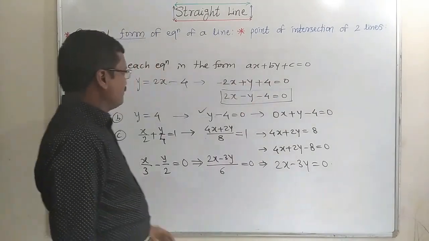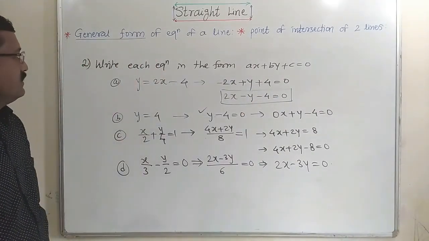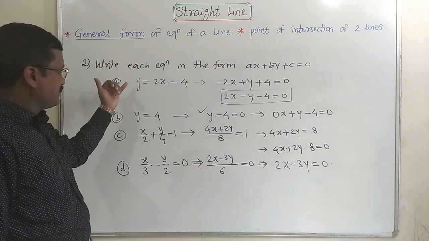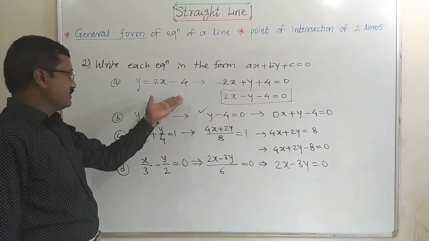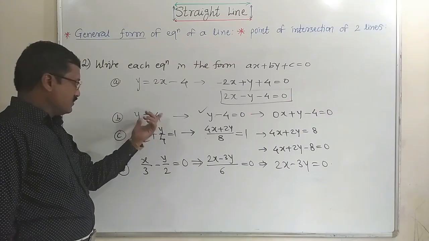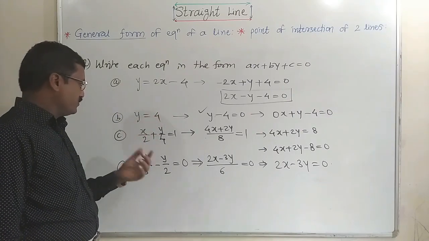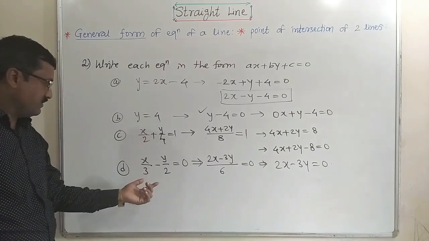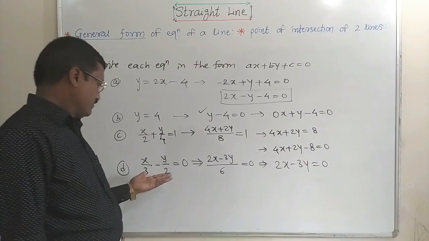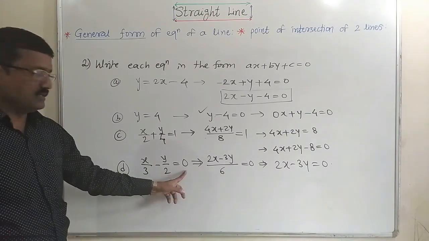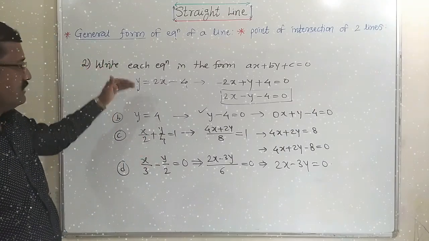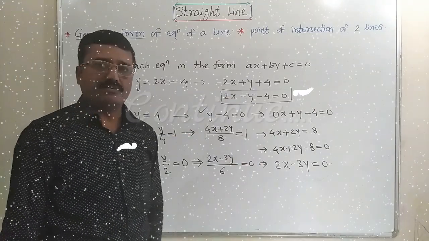Okay, so this is very simple, to find or convert the equation. Either it may be in slope-intercept form, this is also in slope-intercept form with slope 0, and this is in double-intercept form. This is not in double-intercept form because y is not here. So we can easily convert all forms into the general form of the equation of a line.